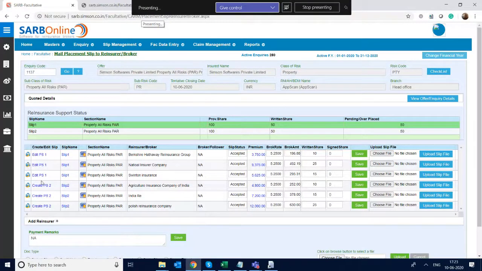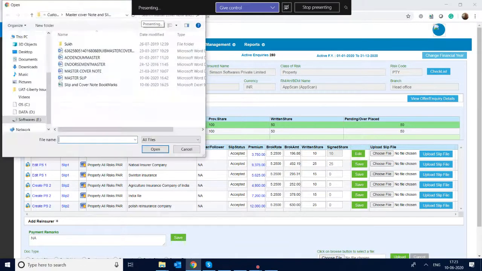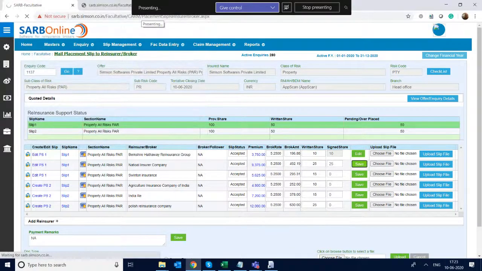When I created this slip, now I'll create. I'm doing a placement, so it is accepted for 10%. I'll say 10. There is no save all button here. It is because it is very much specific for each underwriter. And if you want to add the reinsurer name, that is also available. Reinsurer name, city, reinsurer country, etc. in fax number, and that is available only on the placement slip page.